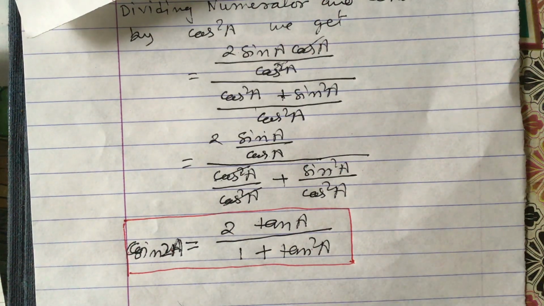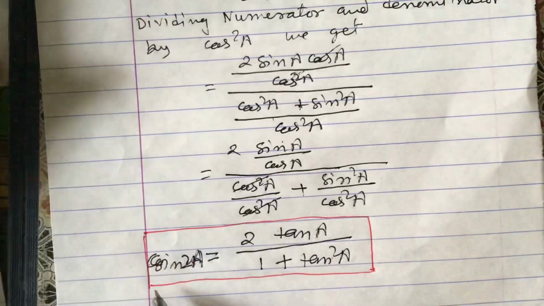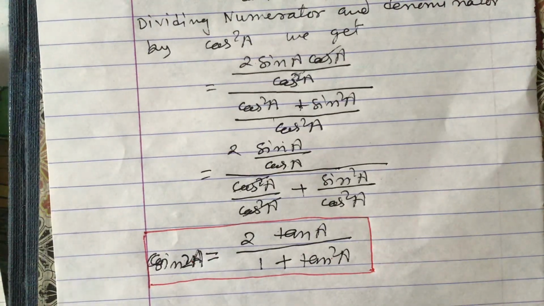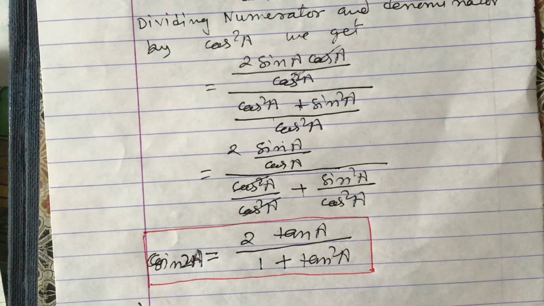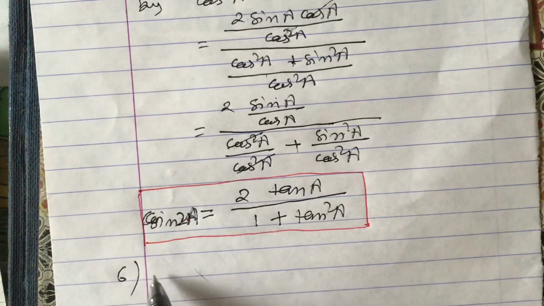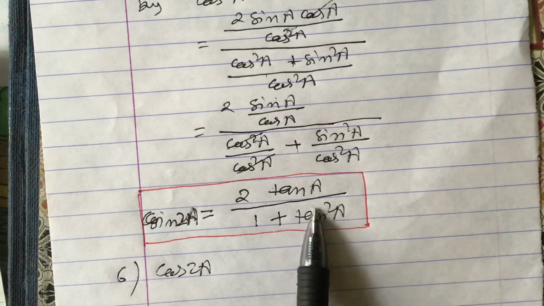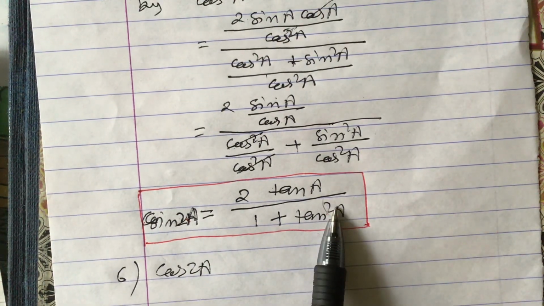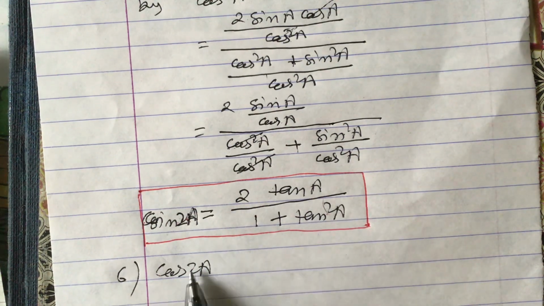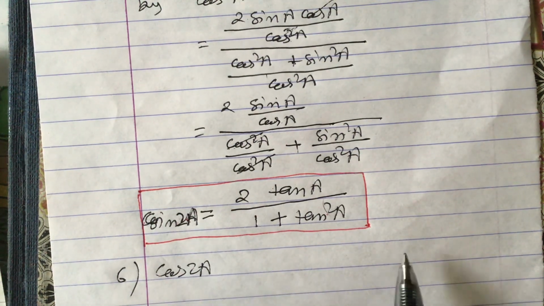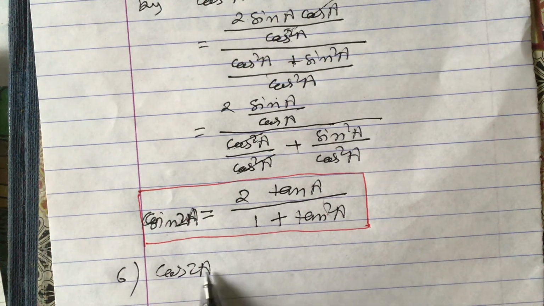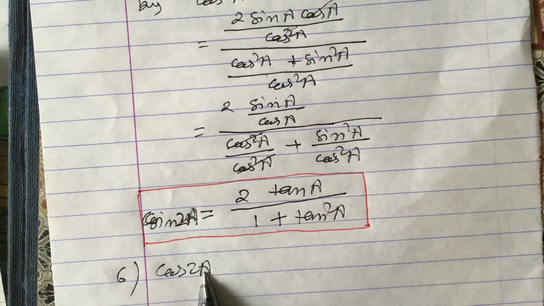Similarly, sometimes we have to express cos 2A also in terms of tan. Then what to do, look here. For this also, next one, number 6, we will do here. In number 6, what will we do here? Cos 2A also we are going to express in terms of tan in the similar way. Similarly, we can express cos 2A and sin 2A in terms of cot also in the same way. Let us do first of all cos 2A.